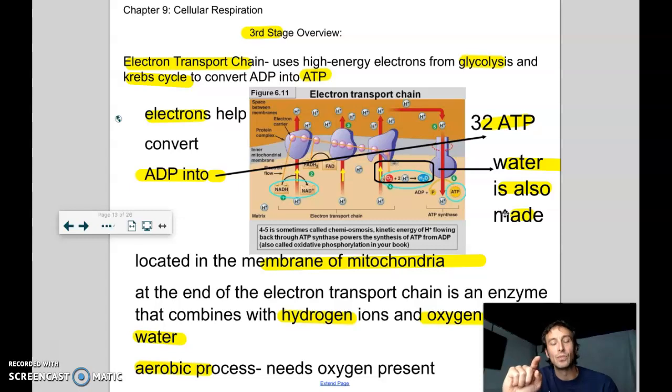Okay, so you don't need to know all those different parts. You don't need to know the carriers. Each of those purple things are different enzyme complexes, but take a look at the broad, bigger picture, right? Hydrogen ions are going through the ATP synthase, and when that gradient is crossed there, going through the ATP synthase, you can see the ATP being made. This is an aerobic process,